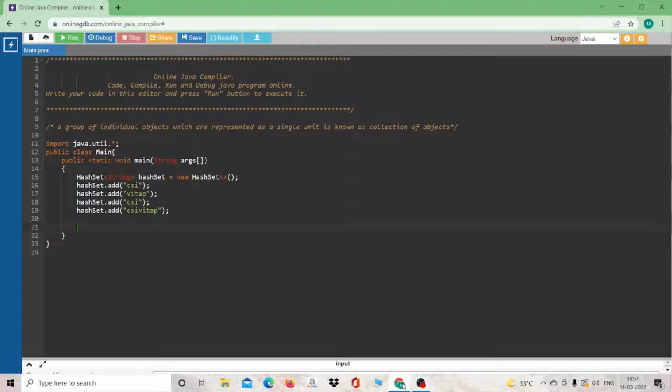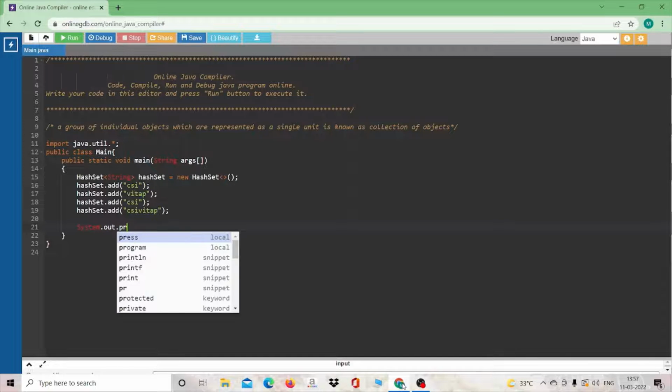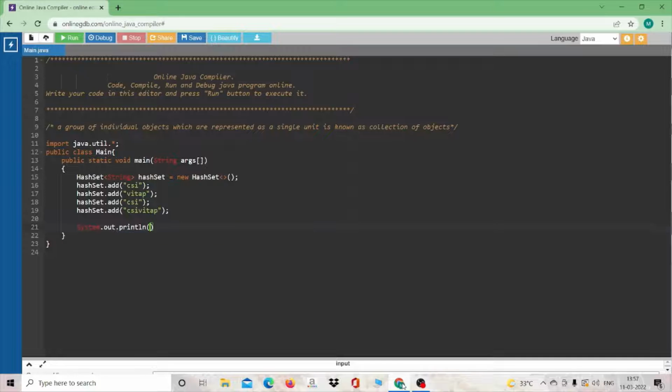Now let us print the hashSet. For that let me give System.out.println(hashSet). So done. As we are done with the code, now pause the video and find out the appropriate output. So it's 3, 2, 1 and go. So let's run and check out and see what